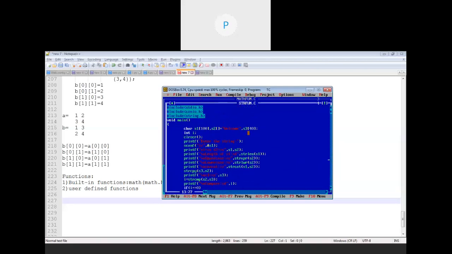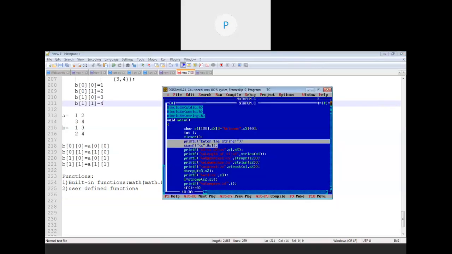Like, I have declared two strings, and I have initialized one string over here as welcome. Then I have taken the user input for string s1. After that, we have displayed both the strings. After displaying those strings, next we have taken the string functions, like strlen. The length of string s1 is displayed.